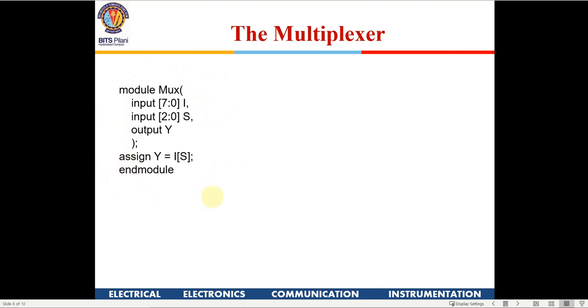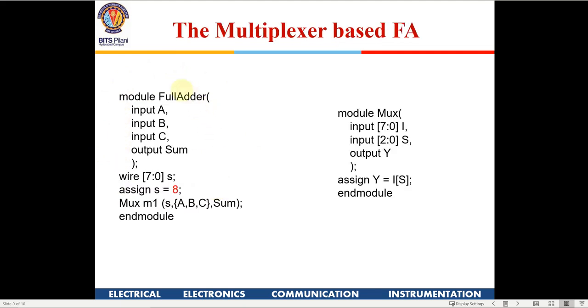So you are going to use this multiplexer module in your design. Next, you are going to build a full adder using this MUX. This is going to be an instance for this full adder. Let me give you some hints.